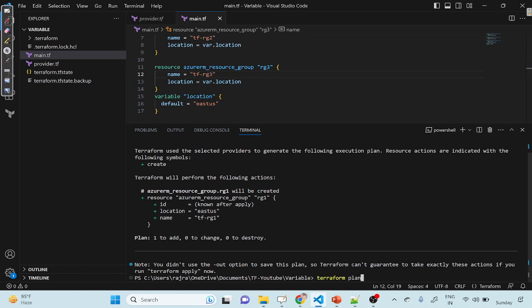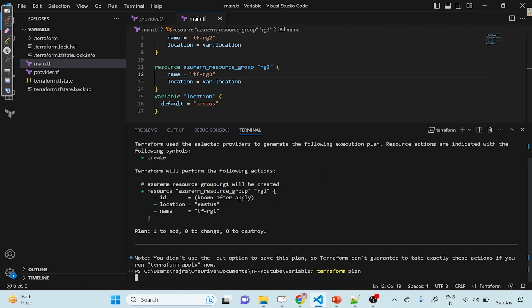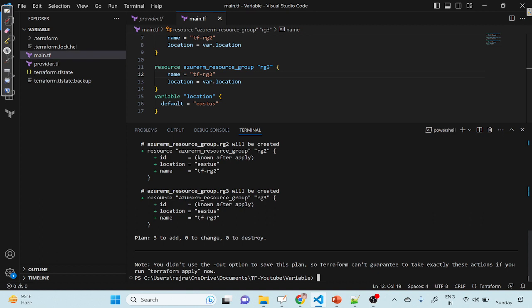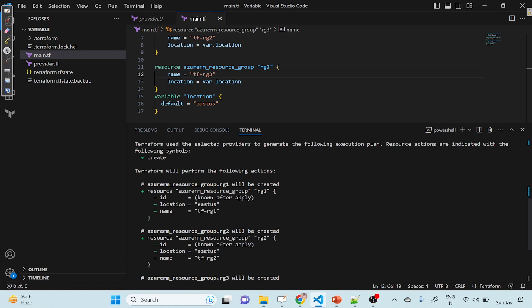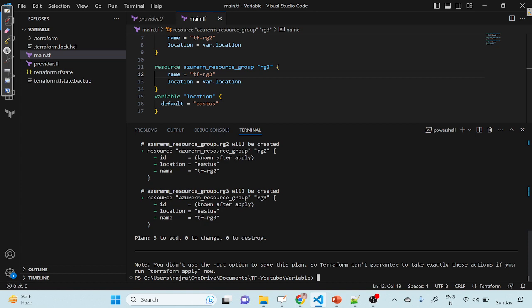Now the Terraform plan will show you it is going to add three resource groups and all the resource groups will have the same location because we are using the same variable for all the locations. So it will take a moment. Yeah, you see three to add. Terraform RG1, Terraform RG2 and Terraform RG3. Location is East US for all these resource groups. If I do apply,